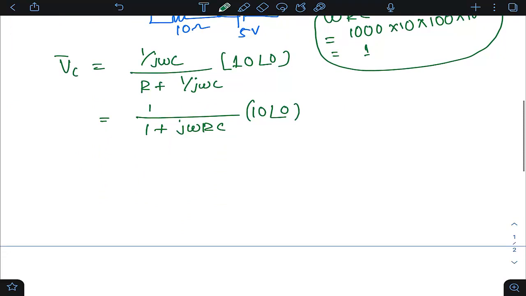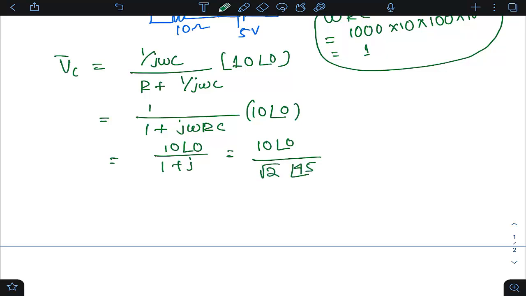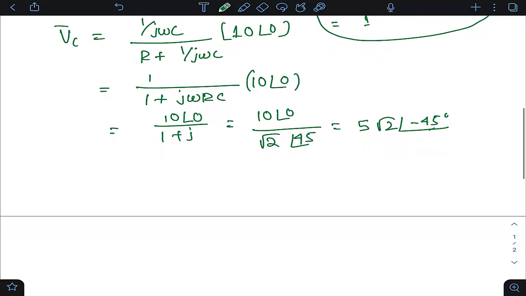Now if you simplify it, it is 1 by 1 plus j, and this is 10 at an angle of 0. So this is equivalent to 10 at an angle of 0 divided by magnitude root 2 at an angle of 45 degrees. Tan inverse of 1 by 1 is 45 degrees. So if you solve it, this is coming as 5 root 2 at an angle of minus 45 degrees. If you write its corresponding time domain expression, VC(t) is equal to 5 root 2